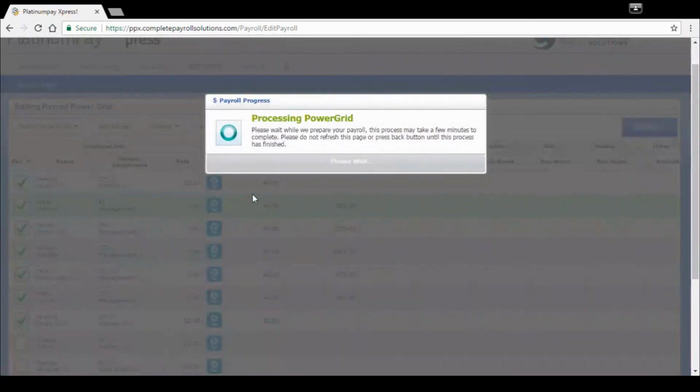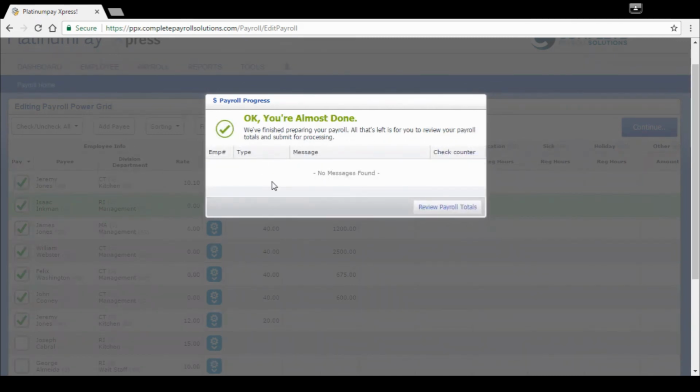It's processing your grid. It's creating its checks. And what it's going to do next is it's going to provide us with any alerts or employee messages. There's no messages that are to be found here, so we are good to proceed. But all of those totals, the pay confirmations, the system messages, they all help to ensure that everybody's getting paid